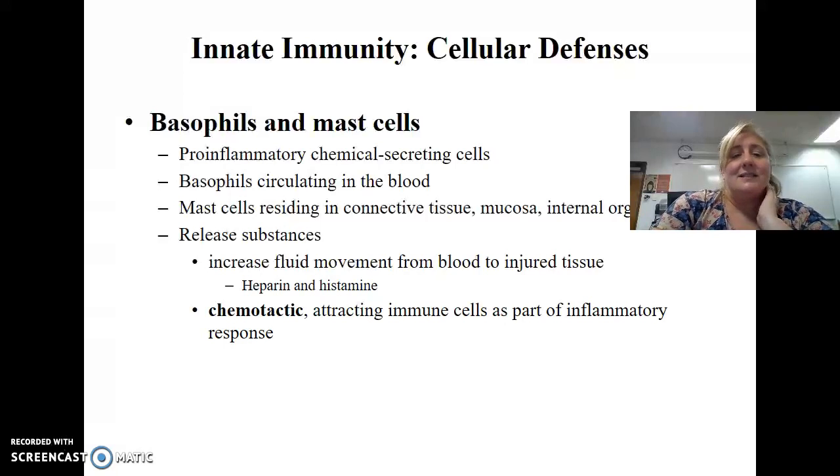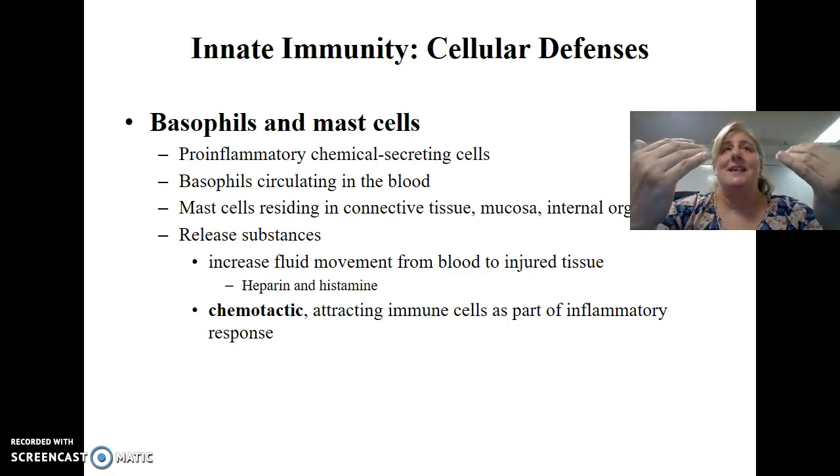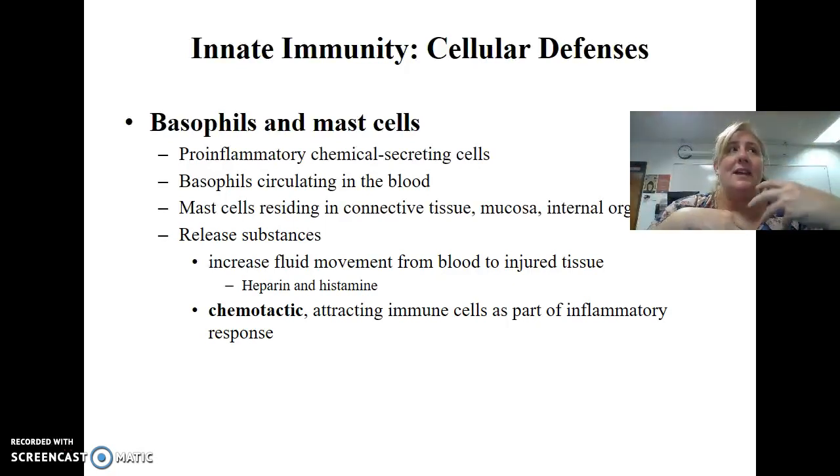Basophils and mast cells have similar processes as well. They both release chemicals. They release heparin. Heparin is going to increase the fluidity of blood, so blood cells can move faster. And then histamine makes your blood vessels more leaky, so that you can get the blood cells to the site of the